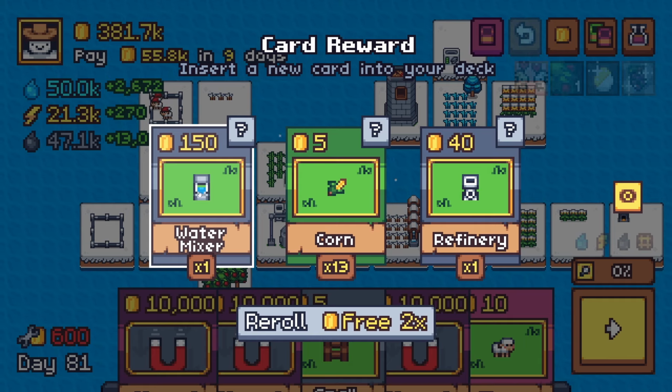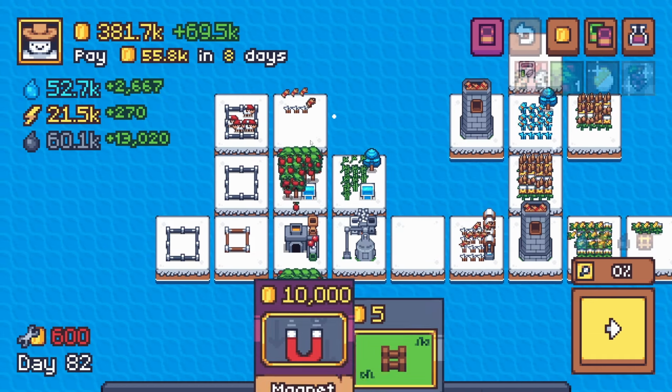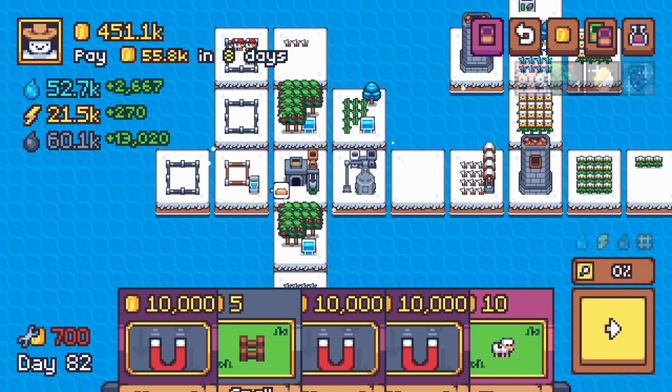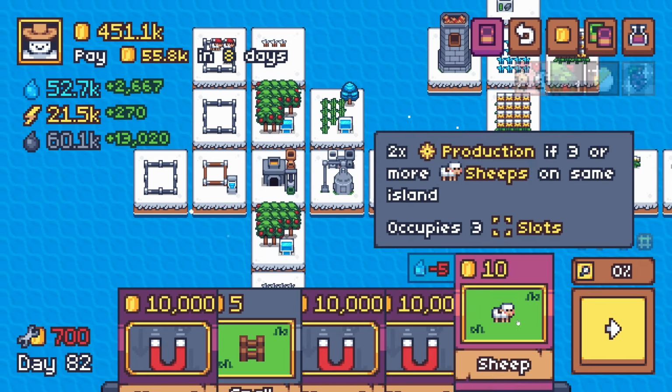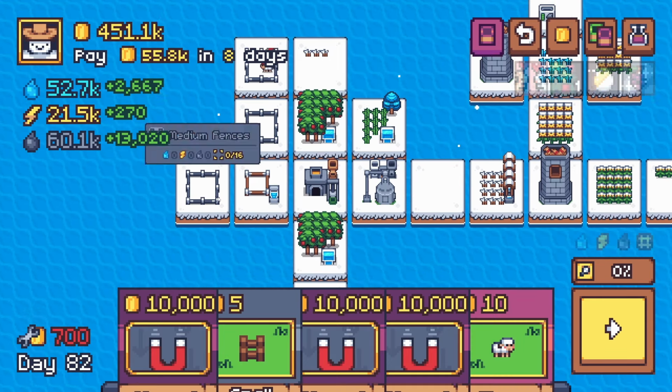And here's the water mixer. So the new card. We're definitely going to grab that. We've got a spot for it. So the water mixer is going to go right here. And as you can see, you can toggle on dough or not. So quite nice. And let's see, our sheep friends